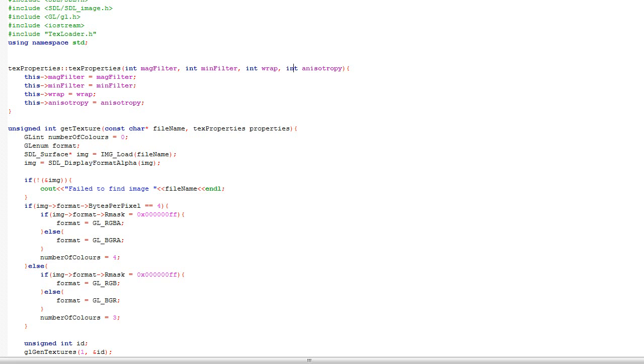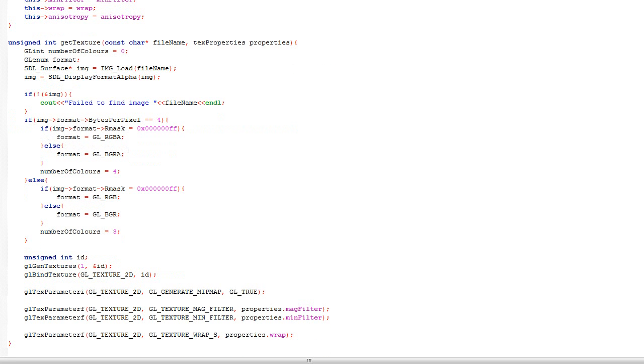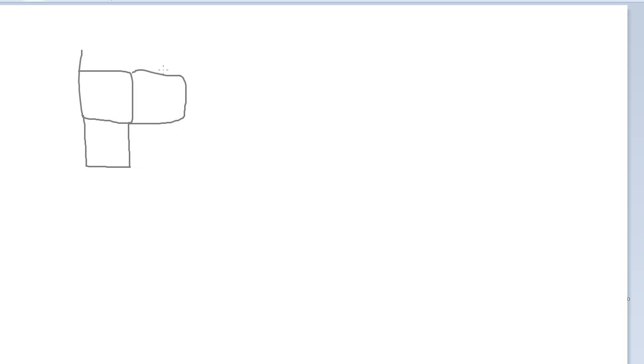Gosh, this does weird things sometimes. But, yep, wrap T. What does that do? Well, texture wrap is basically what happens when, in fact, I'll tell you about something else first that you need to know. Because basically, when I draw,